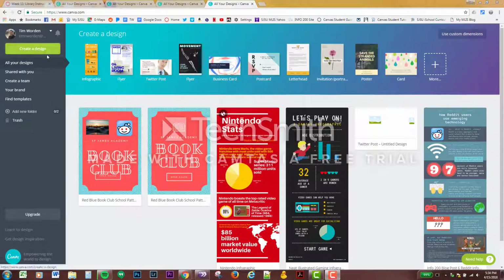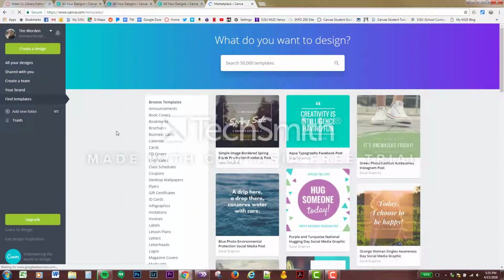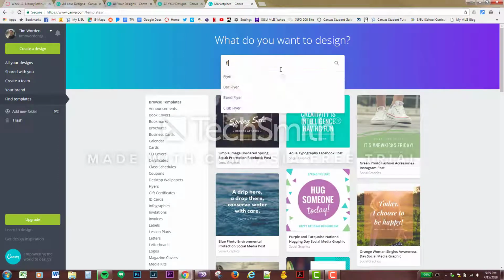So once logged in, you can create a design by clicking this Create a Design button here, or you can browse by clicking Find Templates, and we'll try that. And here you could browse templates by types, book covers, brochures, business cards, calendars, things like that. Or you can search, and let's try flyers,